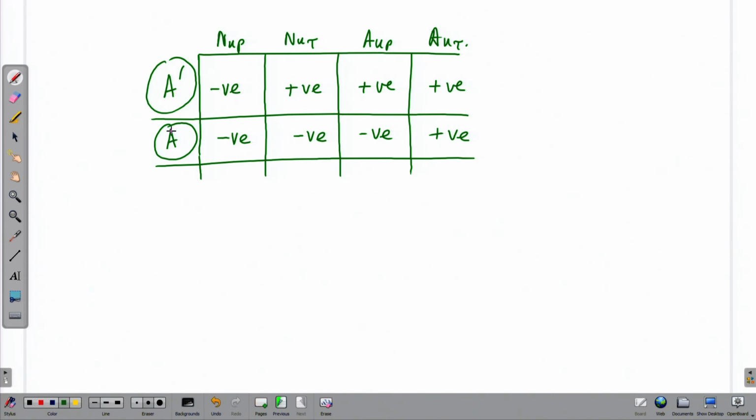Similarly, you can go to the bottom surface, or the lower surface, and identify 2 points on the lower surface, one closer to the leading edge and one closer to the trailing edge. So, this is the lower surface of the airfoil. Let us name this point as B, which is closer to the leading edge, and this as B dash, which is closer to the trailing edge. You would notice that for points A and B, the theta is positive, while for A dash and B dash, the theta turns out to be negative. Once we draw the diagrams, it will become clear to you for the lower surface also.